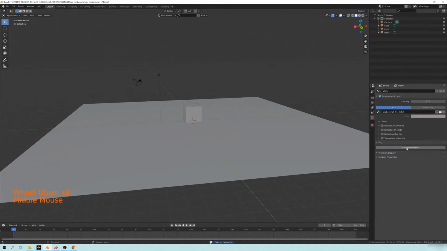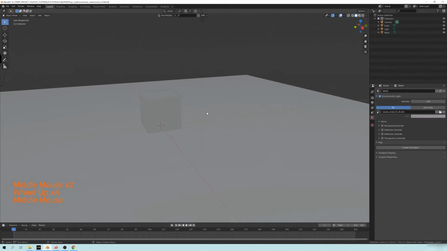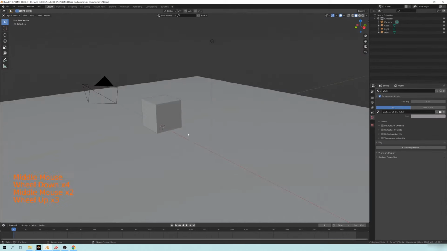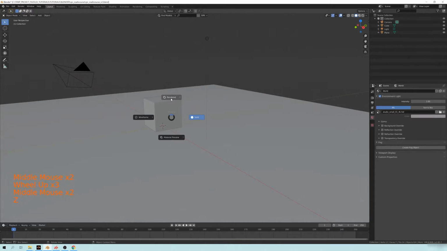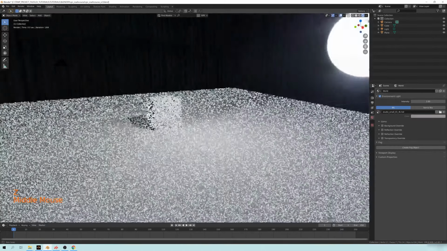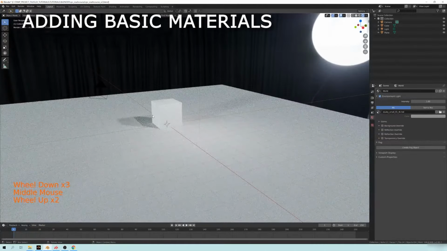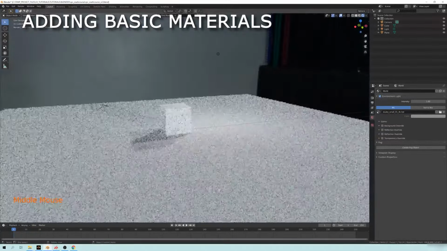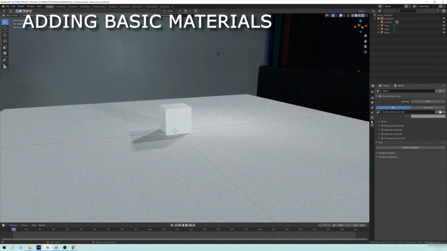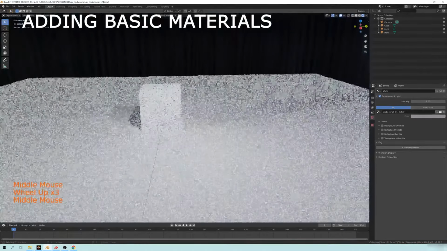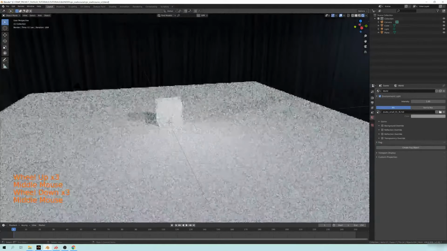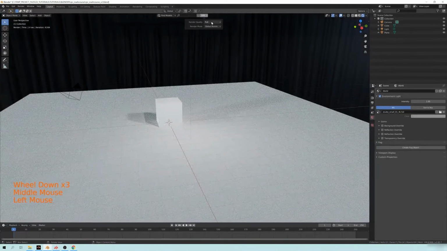I went ahead and deleted it just because it slows everything down, and really we don't need it any longer. So the next thing that I want to show you is how to add some materials here. Materials can be very tricky to learn when you're used to how the Cycles and the EEVEE engine use materials and how you can use procedural textures and stuff like that. What I want to do is just show you some really, really basic materials and how the different views, the render qualities,